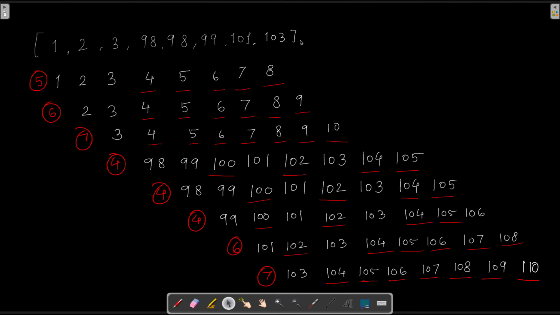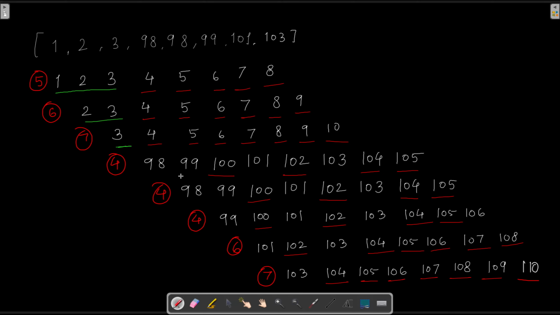So for making this array a continuous array, in this particular case, we were only able to make use of 3 elements from this. So from the rephrased question, what I said was, we want to use as many elements as possible from this array. So we want to increase the number of elements that we are reusing. So here the number is 3. Here the number is 2 that we have decreased. Here the number is only 1.